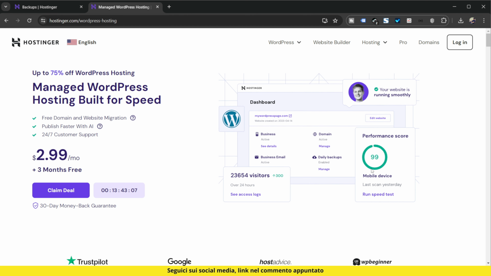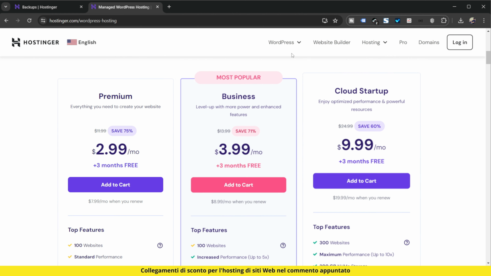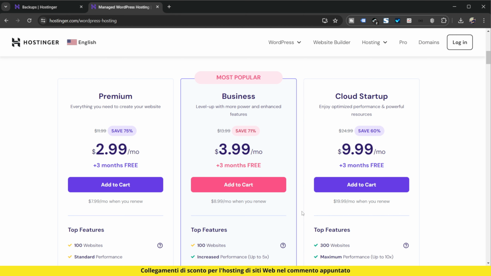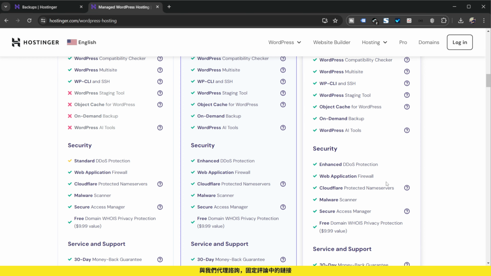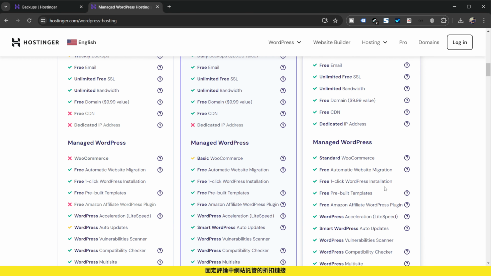All you have to do is bring your website to Hostinger. Even Hostinger does the migration for you free of charge. All you have to do is join one of their plans. I recommend Cloud Startup for sites that need more performance, and call the support team and they will help you